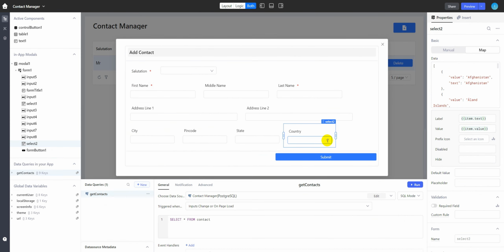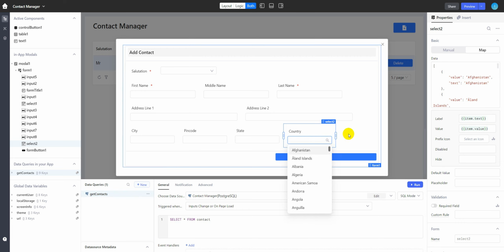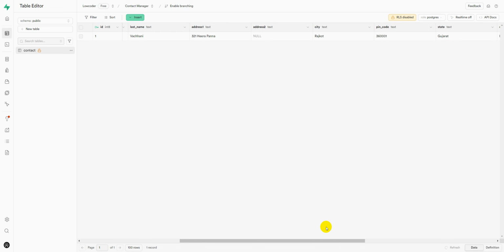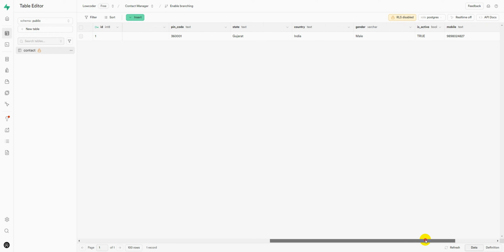Let's see how it looks. And here we have all the names of the countries that we have entered. Great. Now let's go and add the rest of the fields, which are